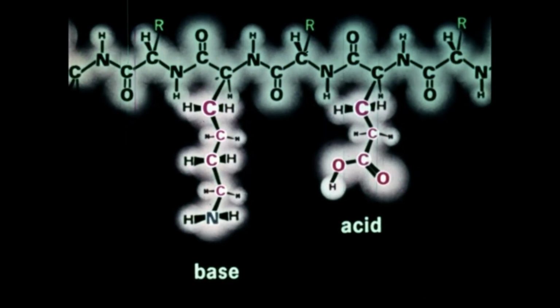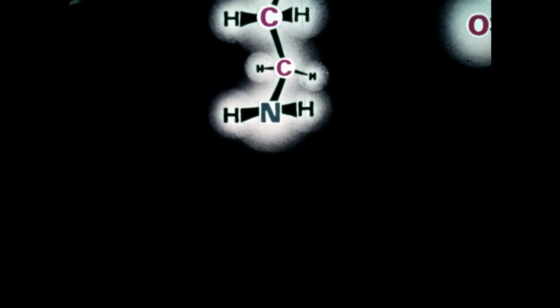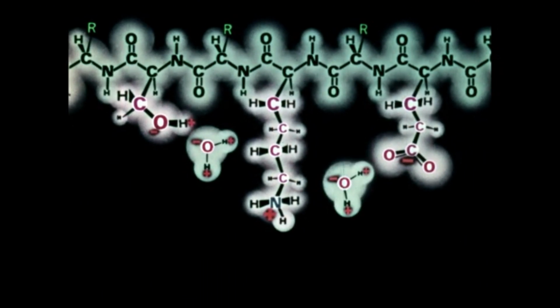Acidic or basic side chains will also become charged in a water solution. The acidic side chains will lose a hydrogen nucleus or proton, leaving extra electrons, so the side chain is negatively charged. A basic side chain will gain a proton and thus be positively charged. These molecules that have an unequal distribution of charges are known as polar molecules and have a great affinity for water, which is also a polar molecule.